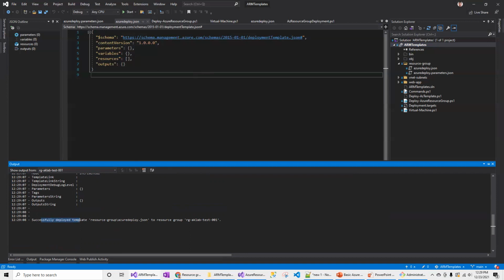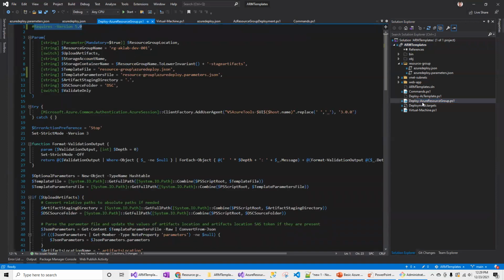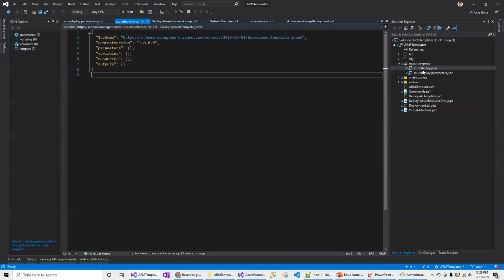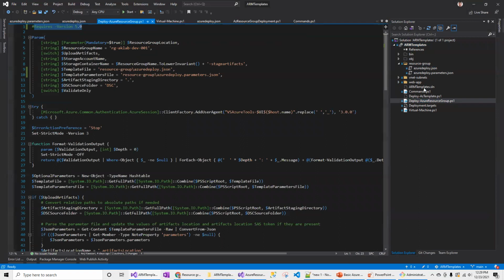The way it works is because of this Deploy-AzureResourceGroup PowerShell script. This is added as part of this project template, and it is going to run your templates and parameter files and deploy the resources in Azure as per the template and the parameter files.